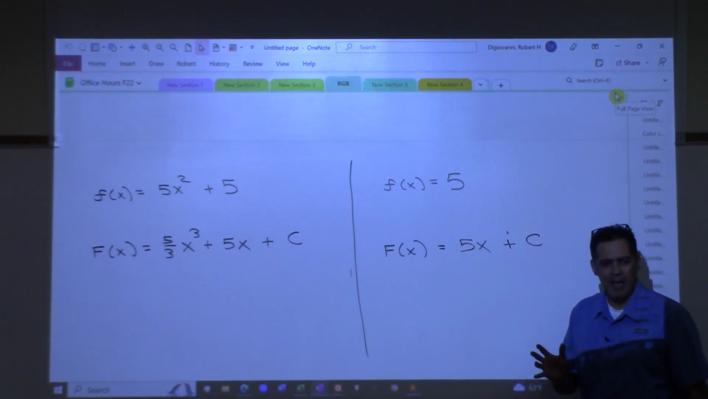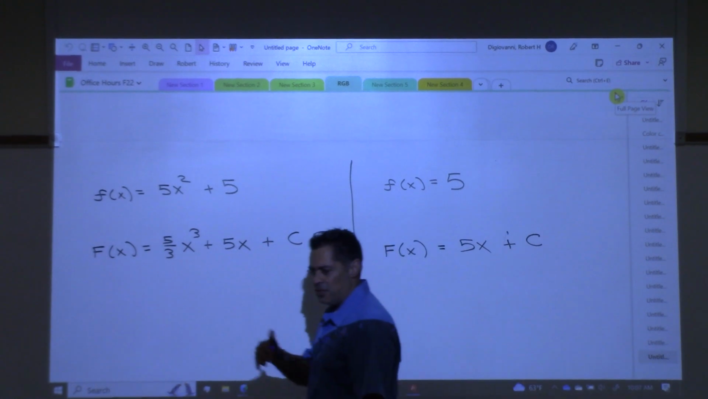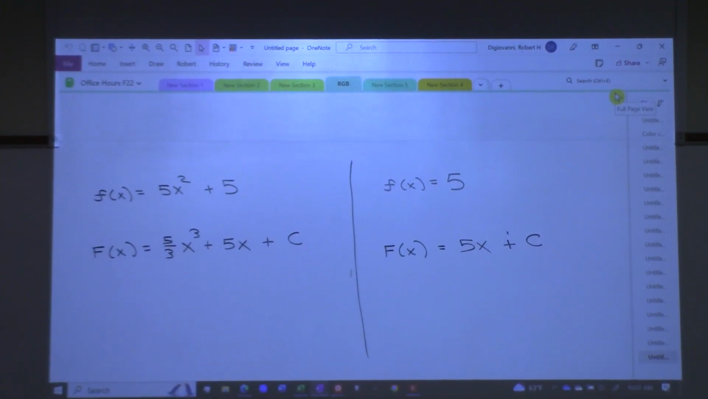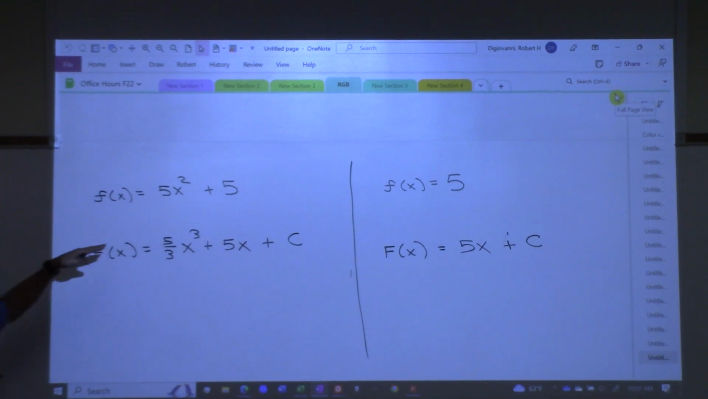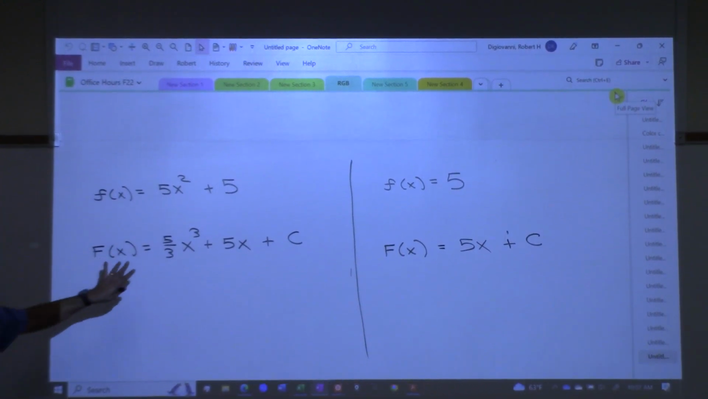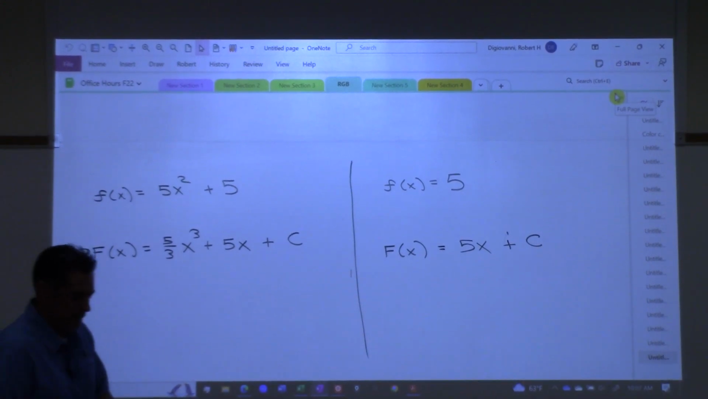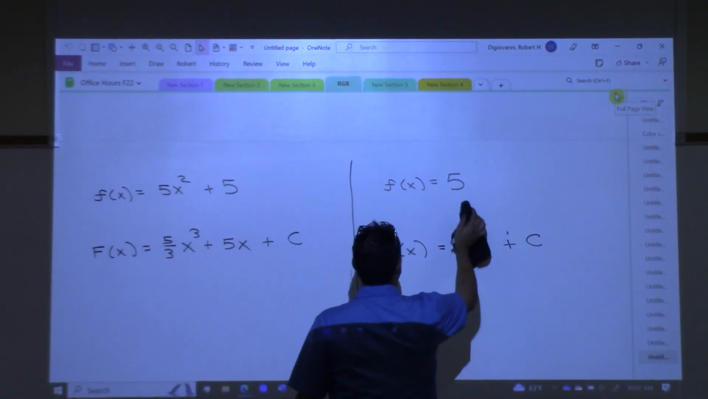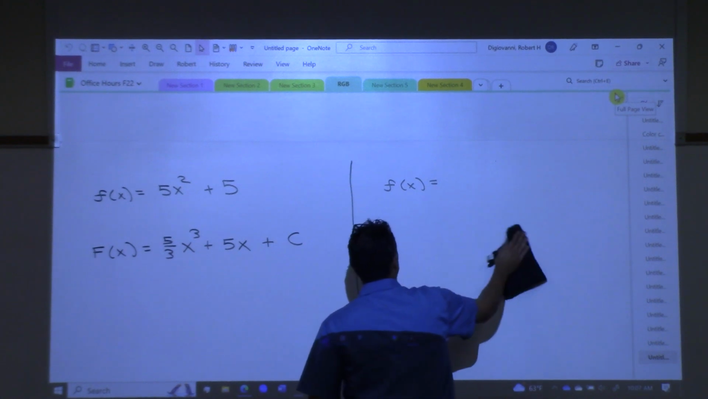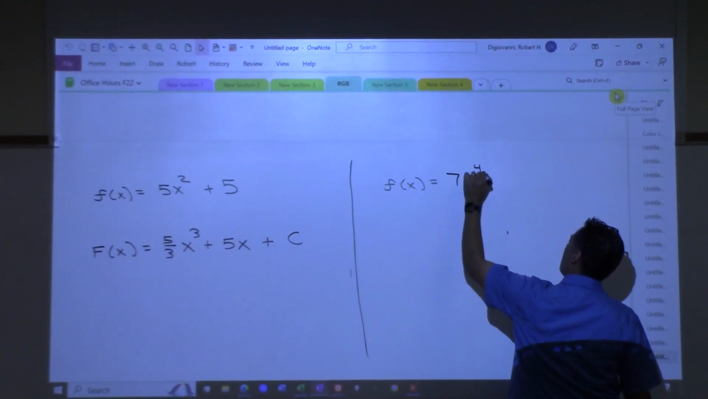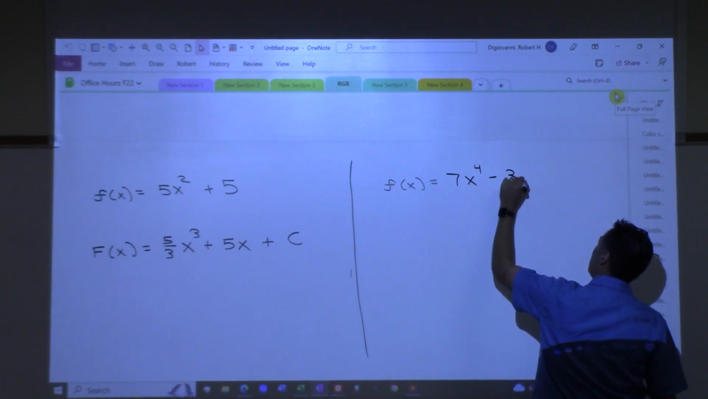I'm not like that in the beginning. In the beginning, I'm kind of lenient about it, but as the semester goes on, you have to remember to put plus c. All right? Because your antiderivative is a family of functions, right? This is an infinite number of answers, but they all look the same. They all have the same format. Questions there? Okay, how about this? 7x to the 4th minus 3 square root of